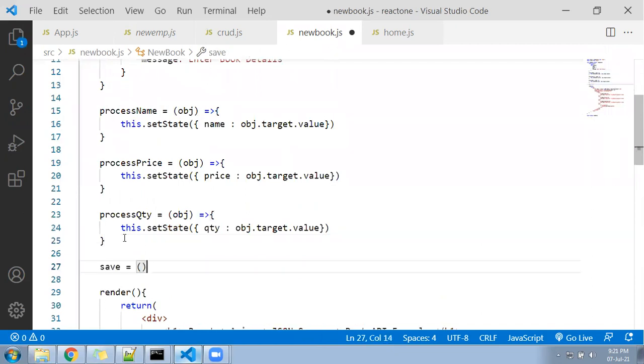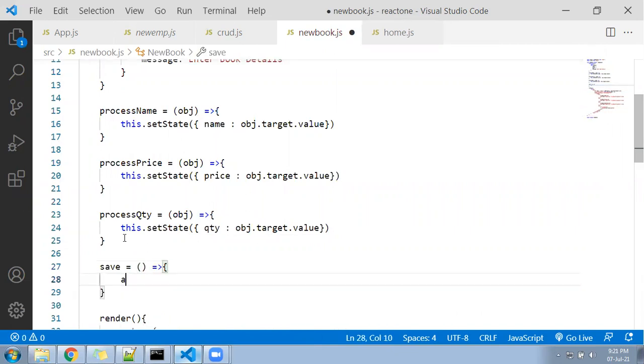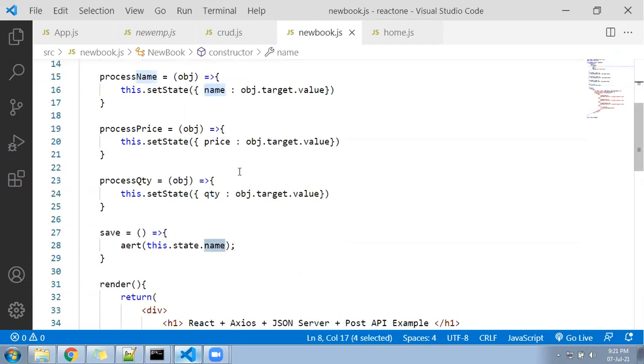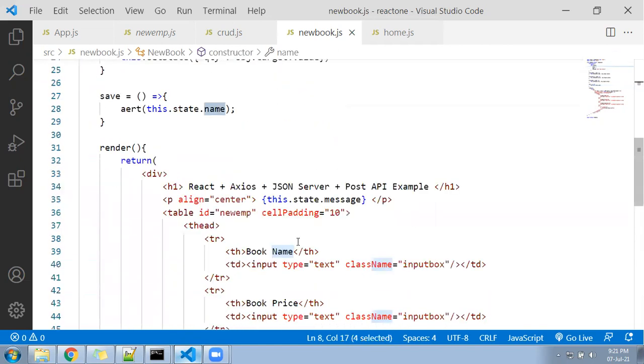Save equal to, fat arrow method I'll follow. I'll keep an alert here, simple. This dot state dot name. Simple. Name in the sense book name. That state variable we have created here, that I'm calling. Okay. Now come down, and this is your text box.